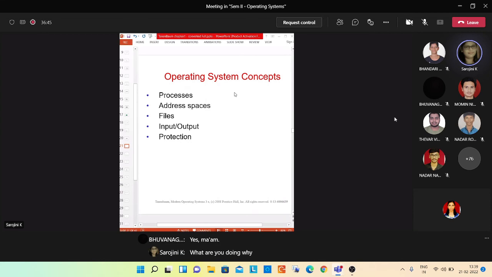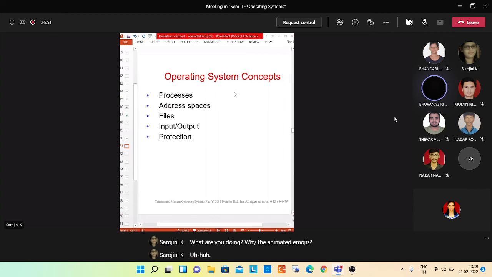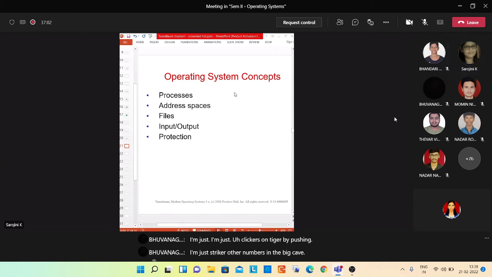Why the animated emojis? मैम जस्ट ऐसा क्लिक कर रहा था, मैम ट्राई कर रहा था कुछ नहीं। Sorry? मैम जस्ट ट्राई कर रहा था। What are you trying? वो फीचर आया था ना, इसलिए देख रहा था। No, something you want to say, that's why you're saying through the emojis or what?